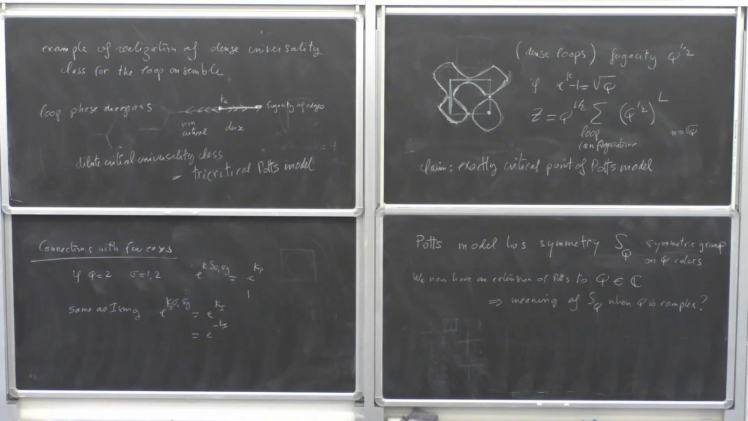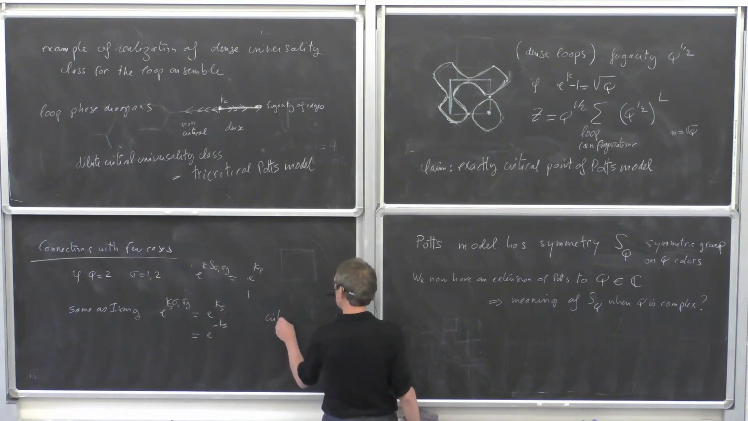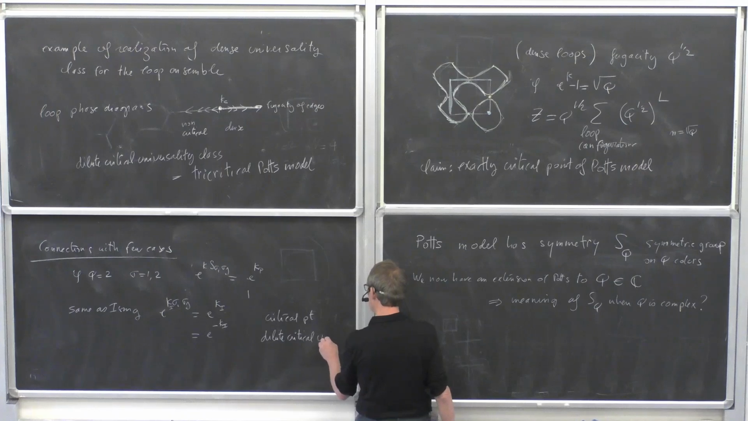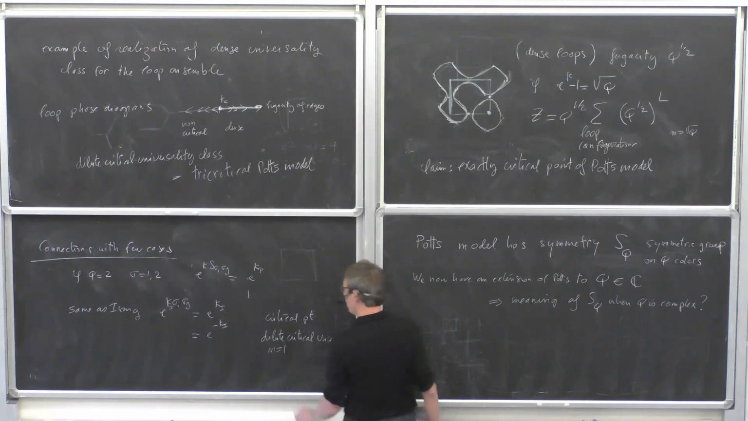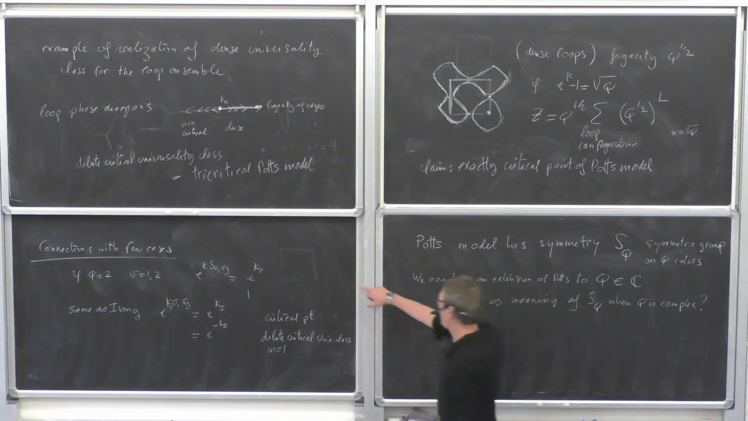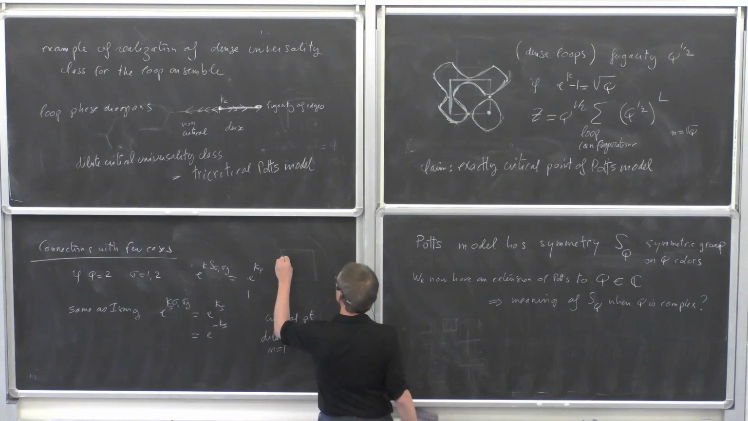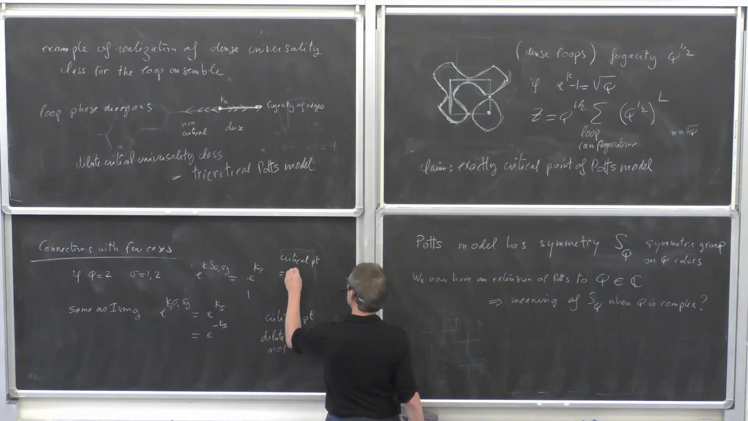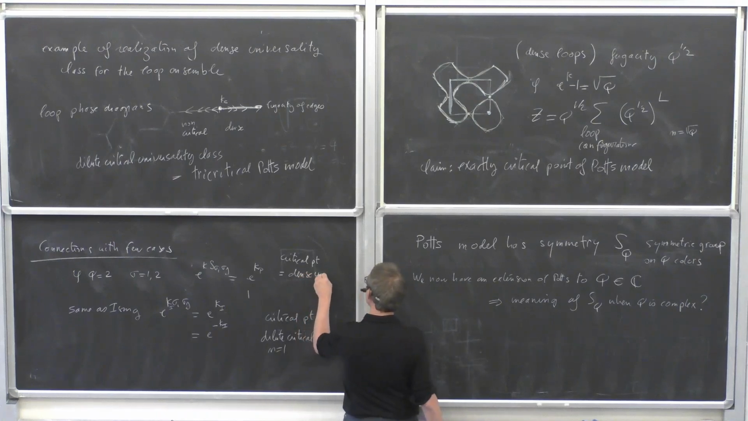But in the Ising case, we saw that the critical point was the dilute critical universality class for n equals 1. Fugacity of the loops is equal to 1. That's what we saw, right? For the Potts, we see from this argument that the critical point should be the dense universality class